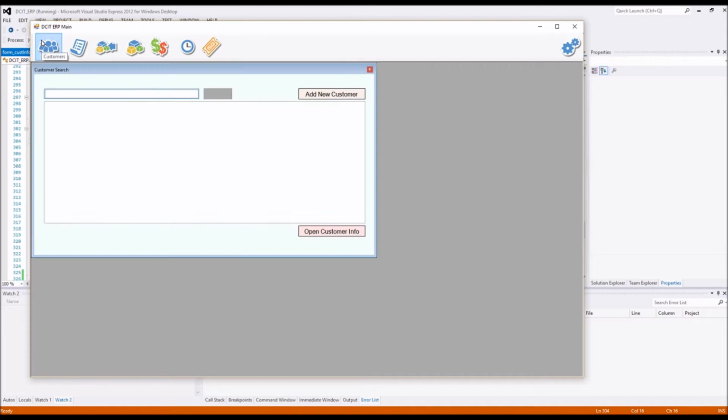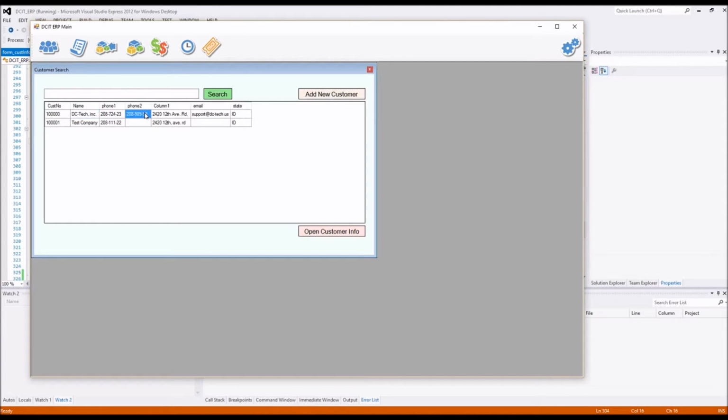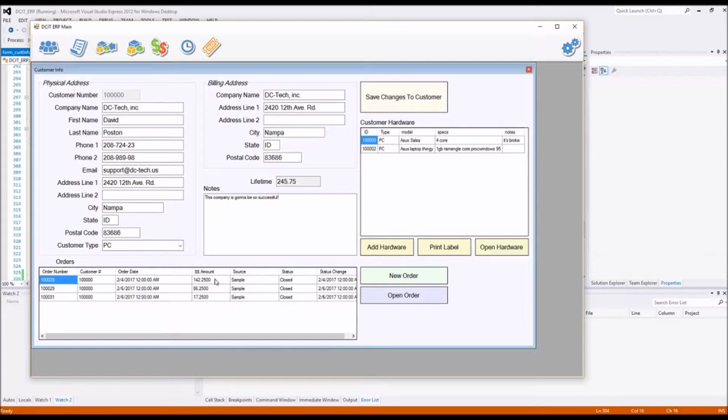So, customers search. We're just going to place an order for myself. Let me go back. From this screen, we can add a new customer as well if we wanted to. Just click on add new customer and fill stuff in. You can select whether it's a business customer or a retail customer, but we're not going to add a new customer. We're just going to open up an existing customer, and you can see all my order history here